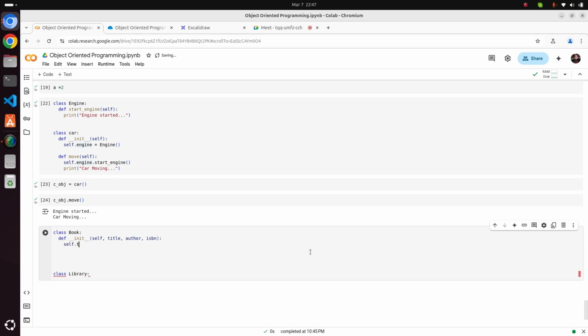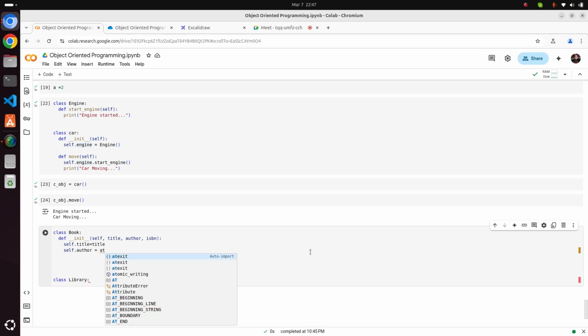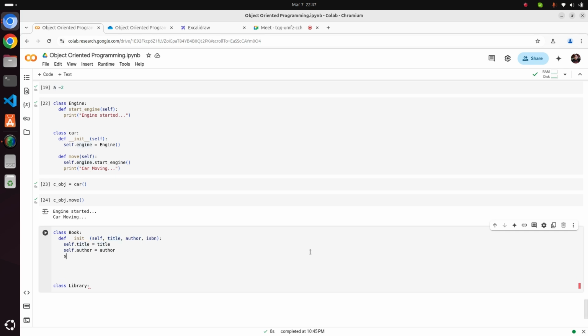So self.title equals title, self.author equals author. If you want, you can also give a space like this, self.isbn equals isbn. Great. Now you can see we have these details.